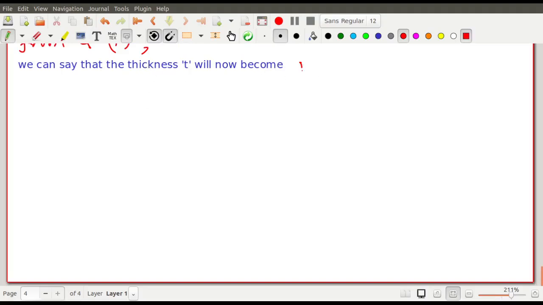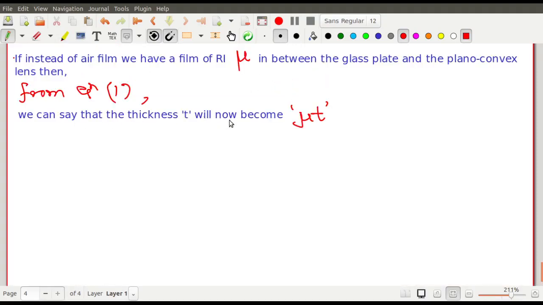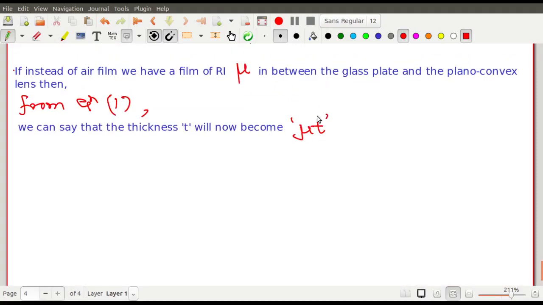The thickness T will now become mu T. Is it clear? Previously it was only the thickness T, but now it becomes mu T. And this is the concept of optical path, which you have learned during your classes of